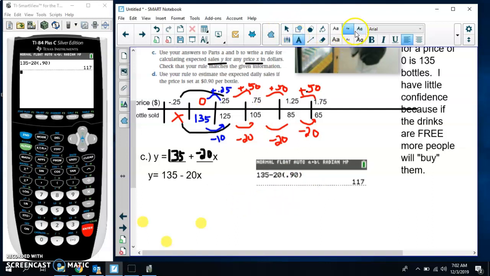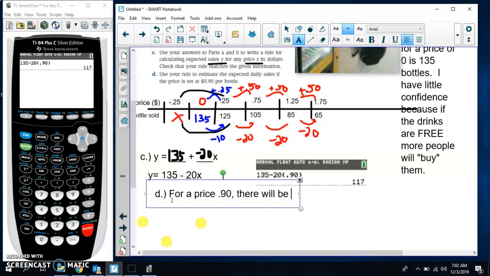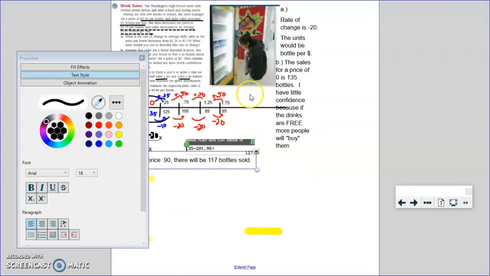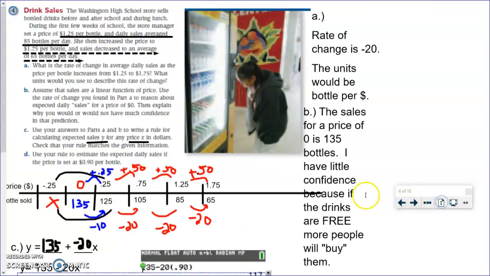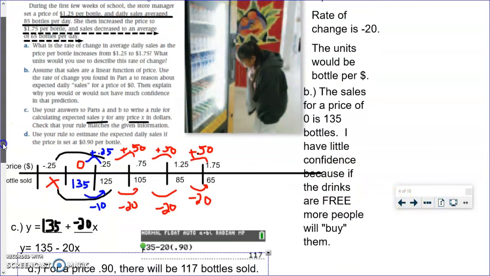So let's write this up. I'm down to the last minute. D. For a price of 90 cents, there will be 117 bottles sold. And that's another example problem, a good one to practice for your quiz coming up. It's a good one with lots of different steps that we went over in here, lots of finding the